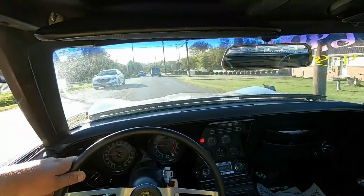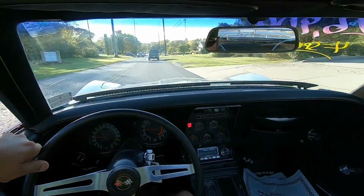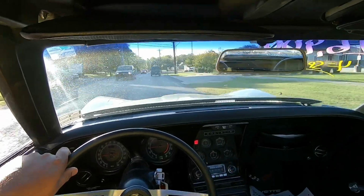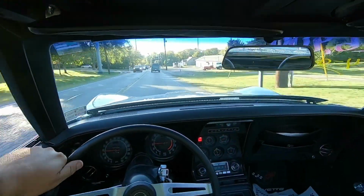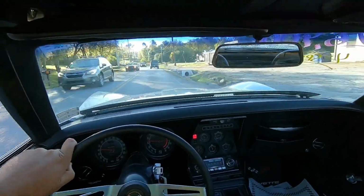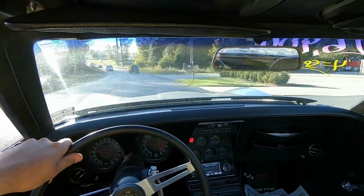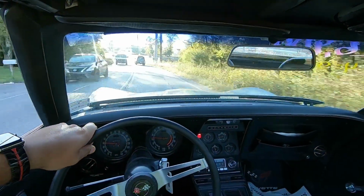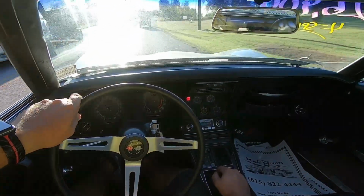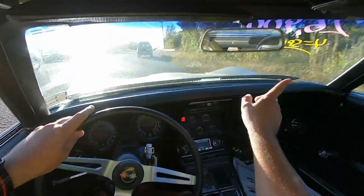Throttle's very responsive. Suspension feels good. It's decent for the year. Vette it is on speed. It's a great cruiser. Not to get that sun in your eyes. We're about to turn right here